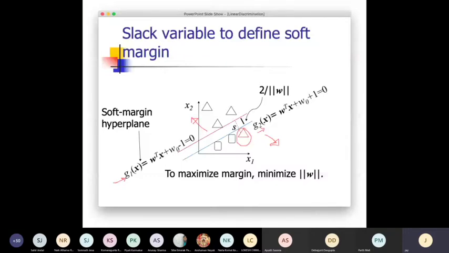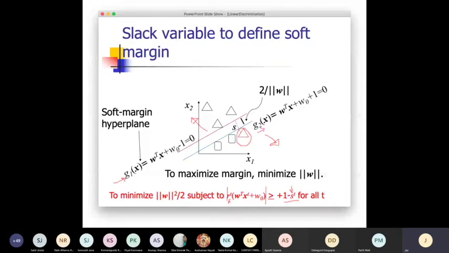Here are the conditions where the slack variable is incorporated. For some of the samples, you are allowing them to be greater than or less than a number plus a slack. If I ignore the effect of sign and just multiply with the class label, which is +1 and -1, then for some of the samples we can simply say that they could be less than +1 also,